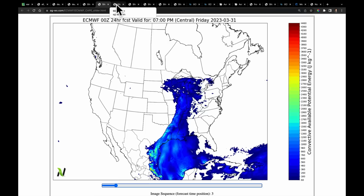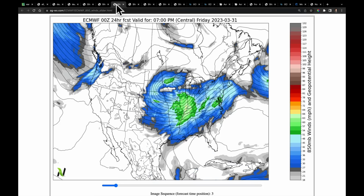One of my main reasons as to why I would increase throughout Illinois is this map here. What this features at about a mile above our heads is what we call the low-level jet. And the winds in here, as you can see, are above 50 miles an hour and maybe approaching some places closer to 70. We then have the jet stream level winds over this, but most severe weather outbreaks have a very well-defined low-level jet. And so we're watching tonight for that particular feature to kind of pull through,